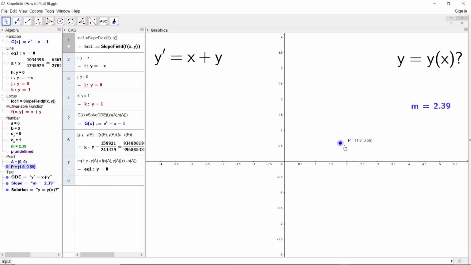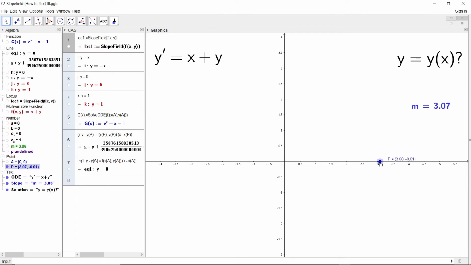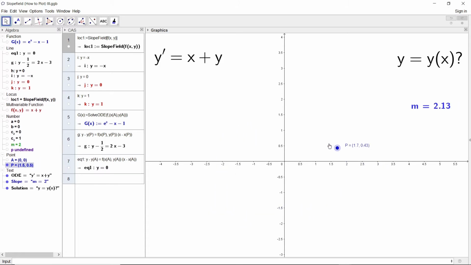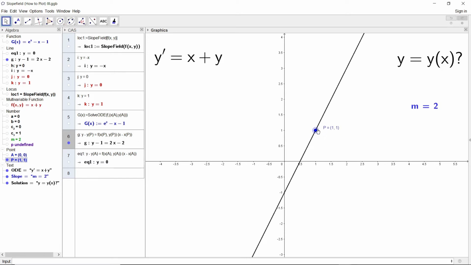Similarly, if we change the point, for example, at 2, 0, we get 2. At 3, 0, we get 3. At some other point, with these coordinates, we get the corresponding m value, which is changing from point to point. Let's try to draw the tangent line there with the given m value. So the m value at P with coordinates 1, 1 is 2. Now if we draw a tiny line segment